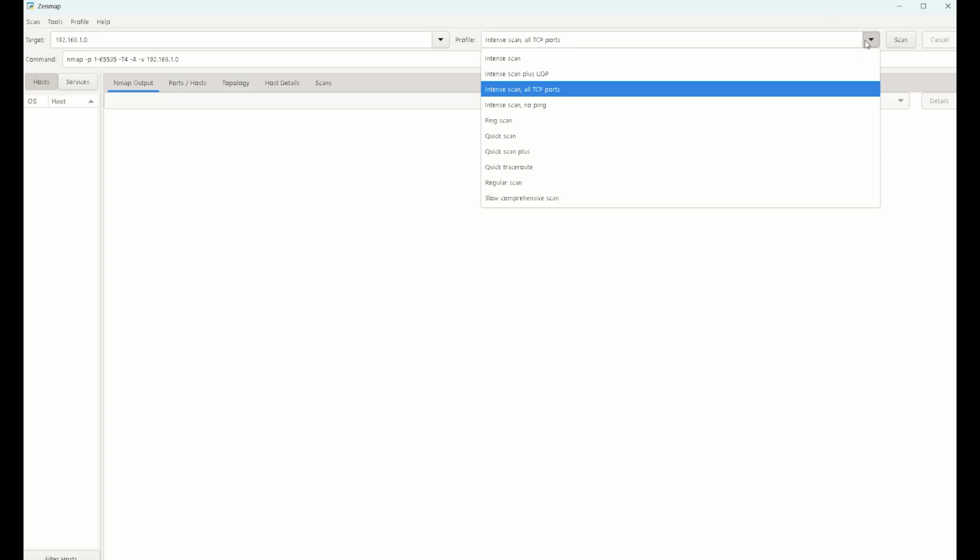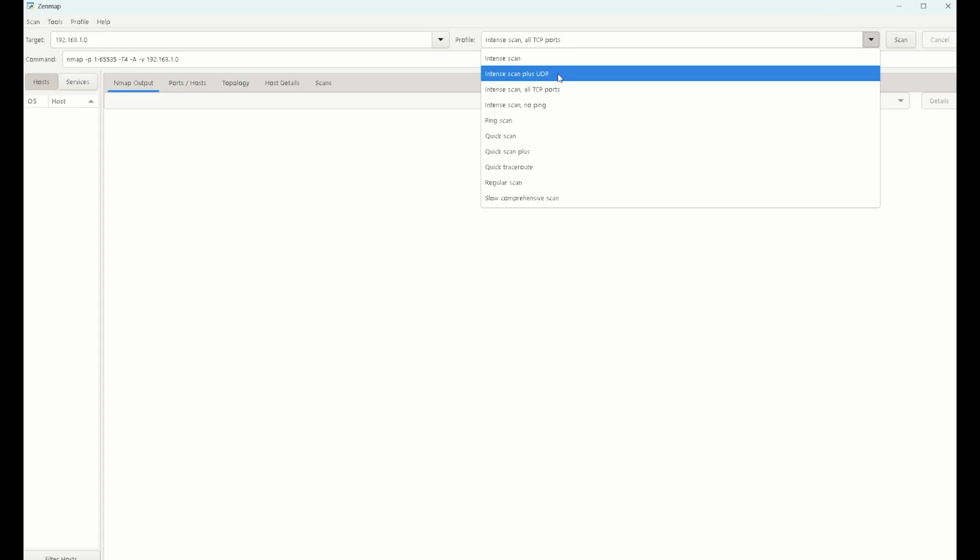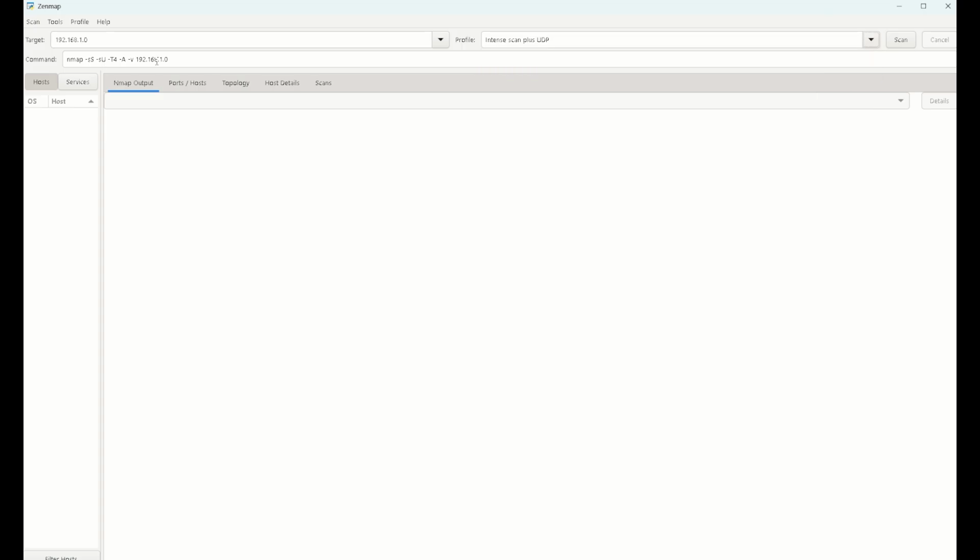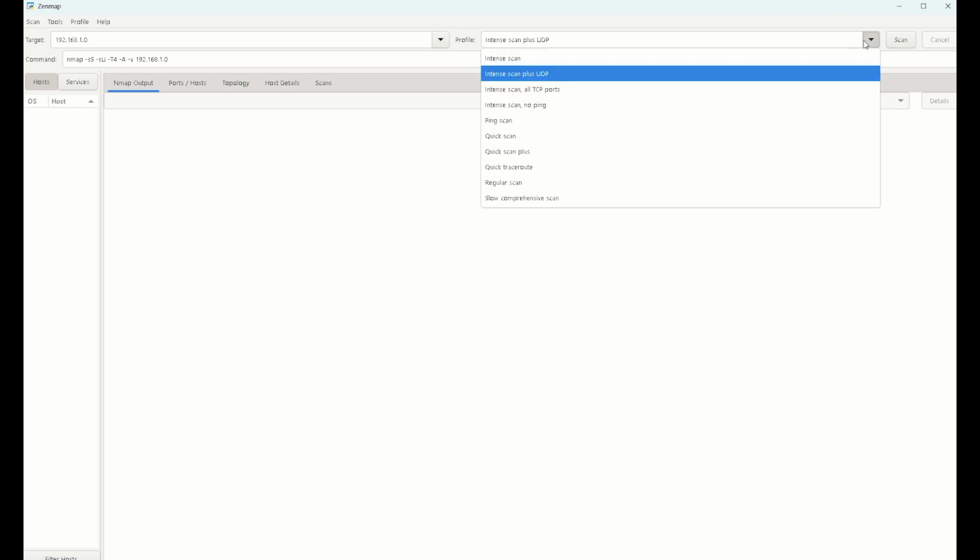So you can read through the user's guide about what an intense scan is, intense scan plus UDP, intense scan all TCP ports, and you can use this tool to actually see what these command line arguments are, so you can actually learn how to use Nmap in the command line interface. And an intense scan is a very loud scan, right? So that's something to consider. If you're doing a pen test or if you're doing any type of security research, an intense scan is a